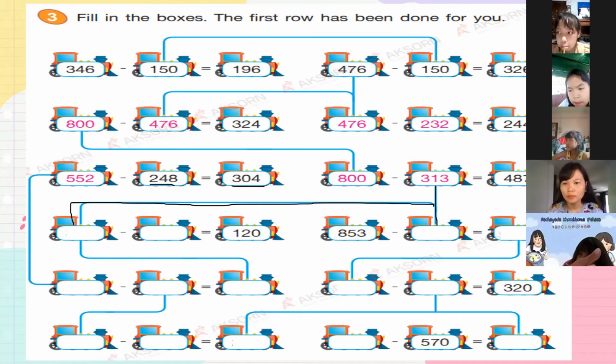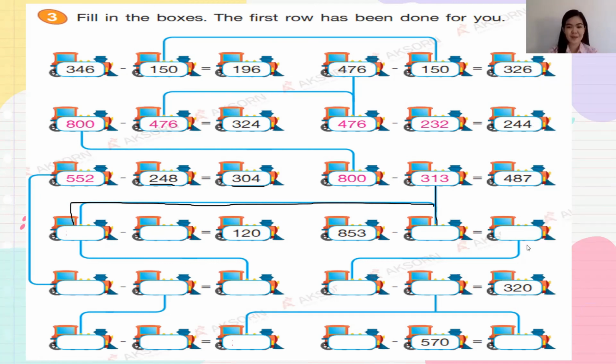Okay. So we're going to copy 313 and 313 here. So 853 minus 313 is how many? This one is 0. 3 minus 3 is 0. 5 minus 1 is 4. And then 8 minus 3 is 5. So the answer is